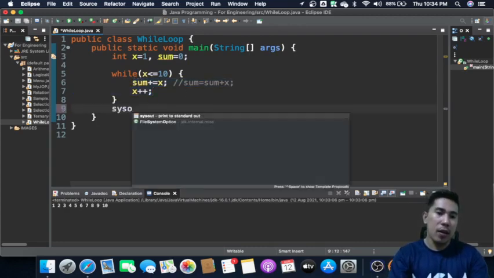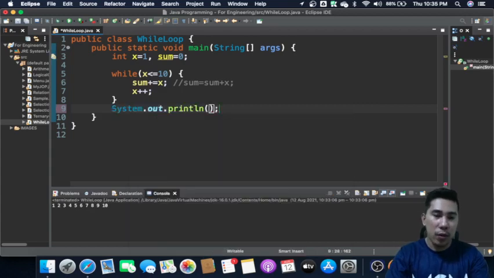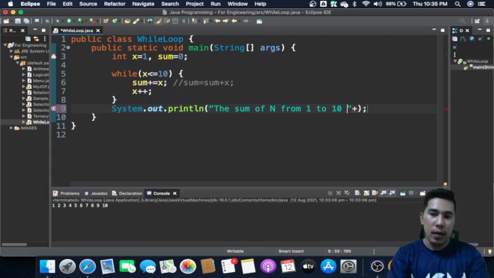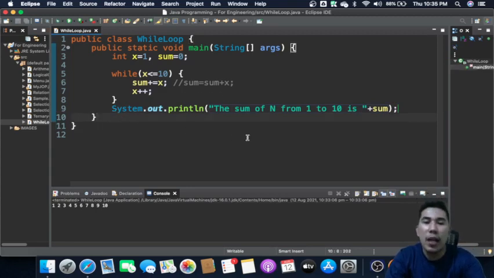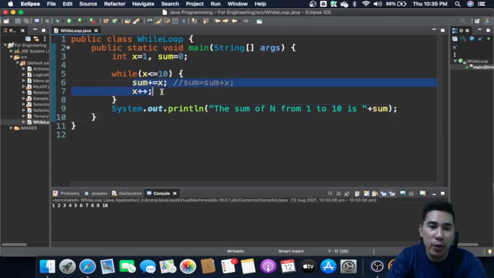They forget that the output statement is going to be written here. So the sum of n from 1 to 10 is going to be sum. So there's only one output here, and it is expected to be the sum of n from 1 to 10, but the process is going to be like this.